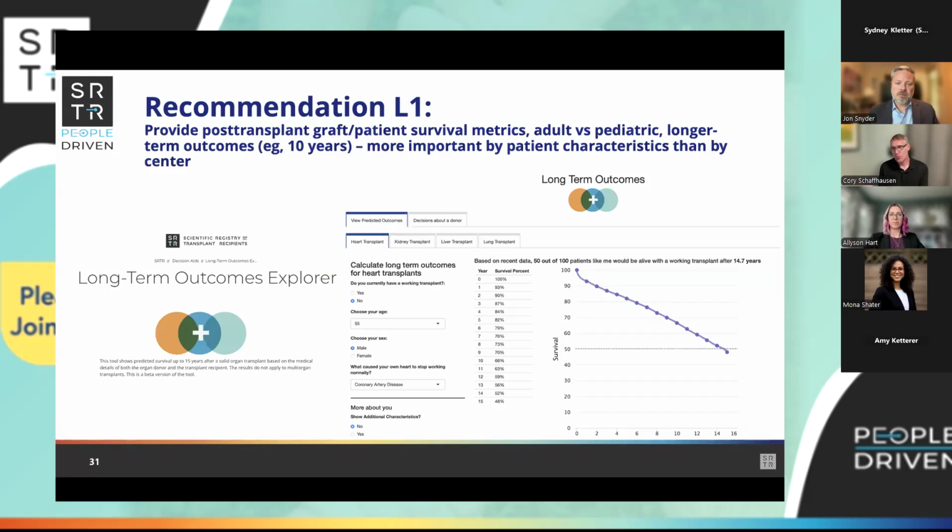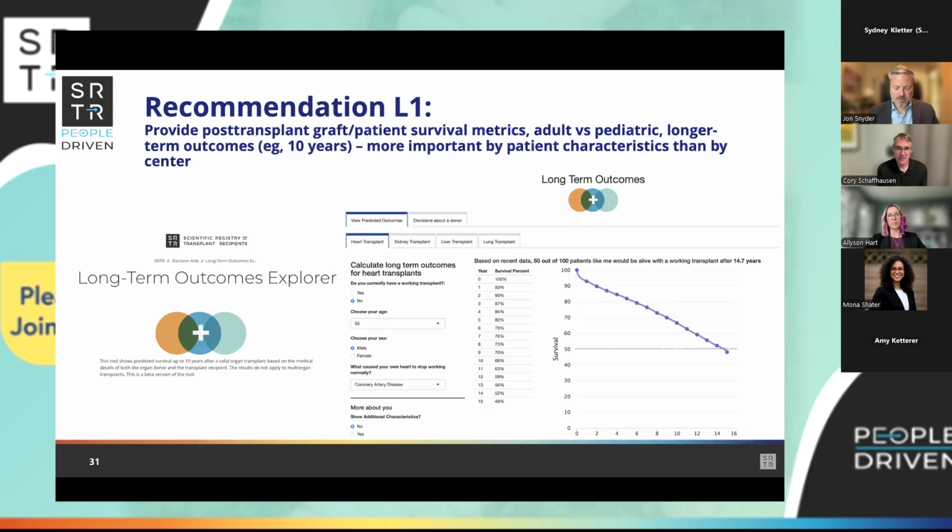So for that reason, we're not able to make this available today, but it should be very soon. One thing that's particularly exciting about this app is that from day one, it is covering multiple organ types, which is sort of a new approach relative to some of our recent examples that are more focused on kidney. So the image here is actually showing the tab that you would use for long-term outcomes after heart transplant, but kidney, liver, and lung are also provided in the same tool, and they would be live at the same time